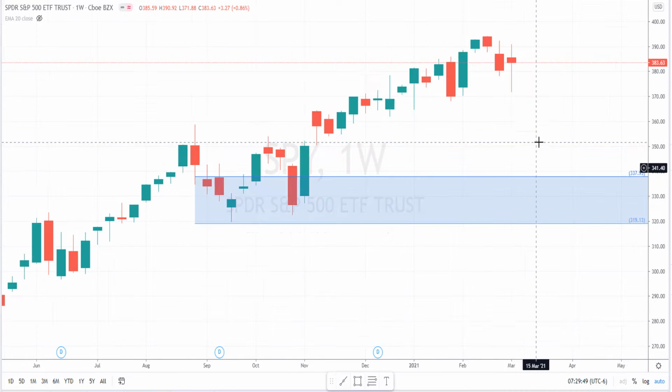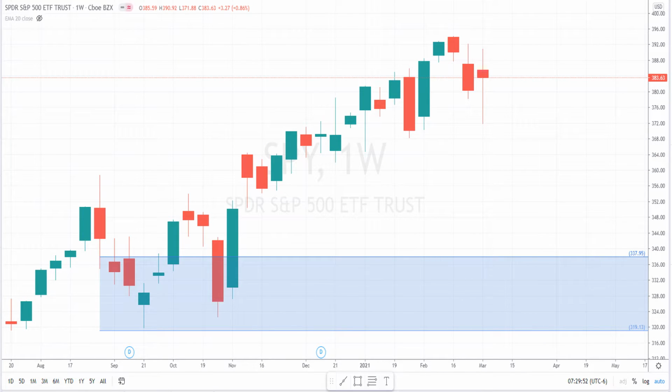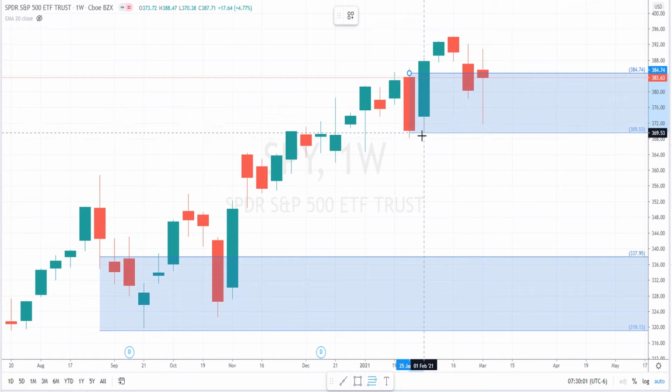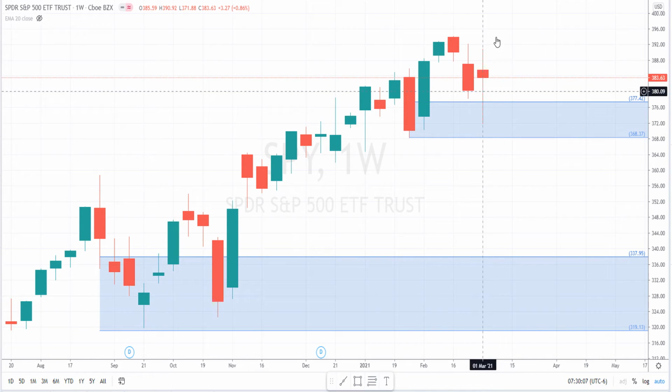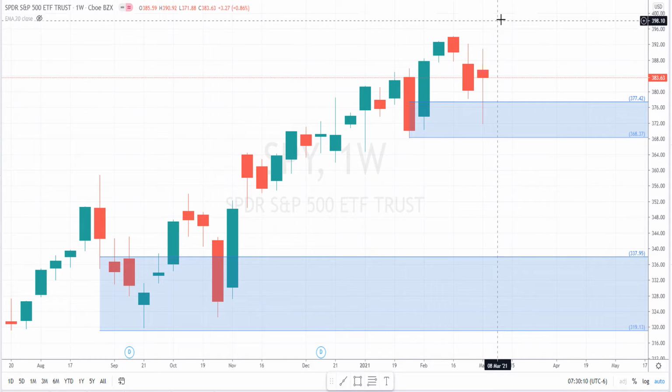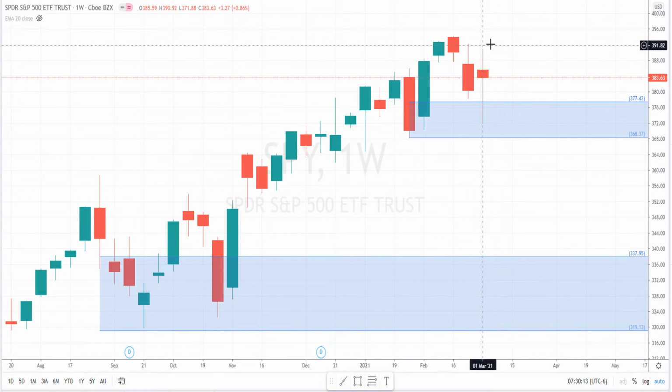Now, last week close, we said that this was a level of demand, but this candle is very wide. So last week it touched here. We'll see what happens this coming week on Monday when markets open again, if it's going to bounce or if it's going to reverse. I'm thinking, and just remember, this is just my opinion. You have to make your own decisions and do your own research. I'm thinking price is going to go up, but don't make a new high